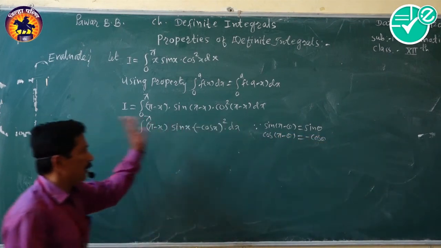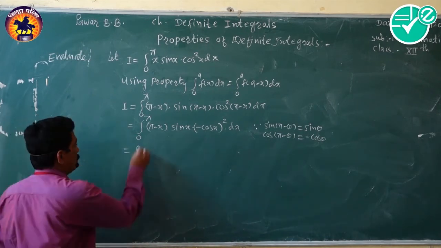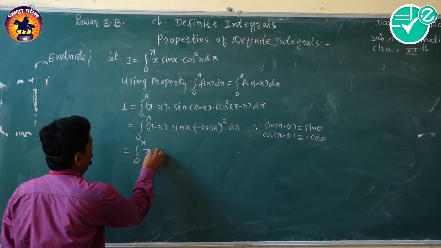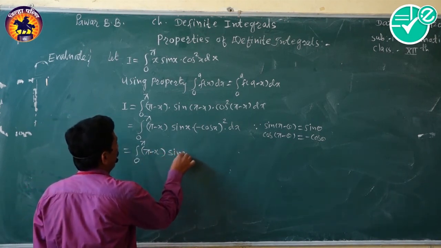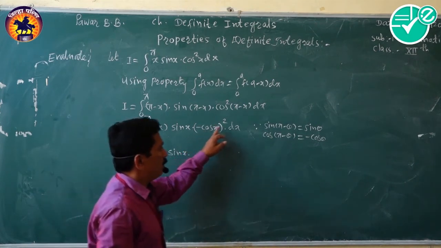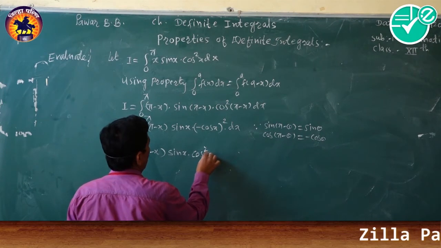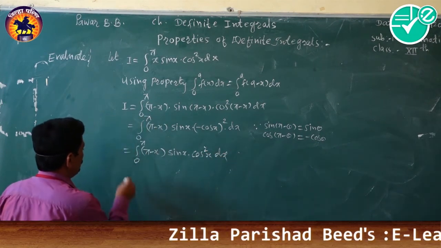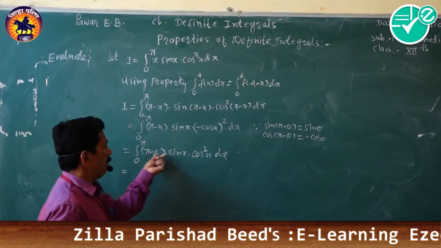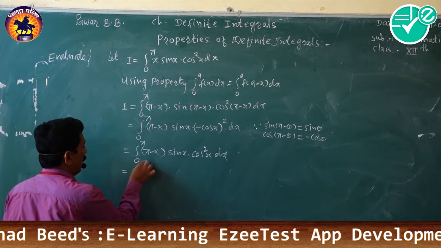Using these two formulae here, we get 0 to pi, pi minus x as it is, this sine x into minus of cos x square is nothing but cos square x dx. This is equal to, now 0 to pi, separating the term pi minus x,